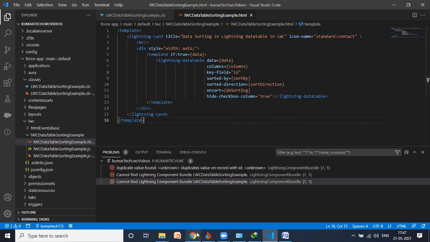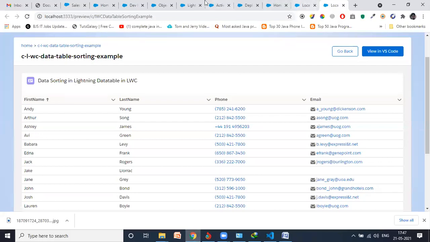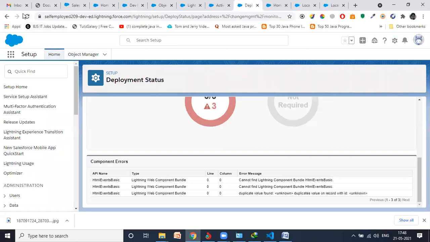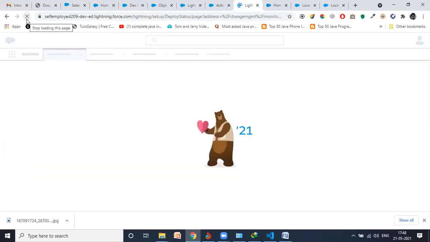And one last thing, I just need to check whether it will be deployed or not. So just save it. I mean, I need to refresh it.